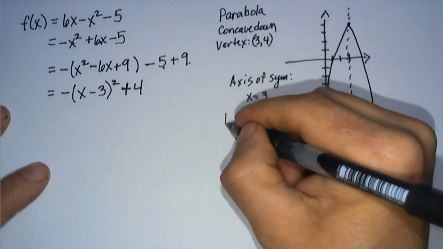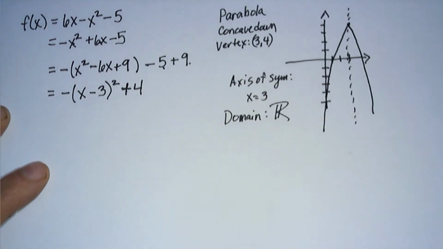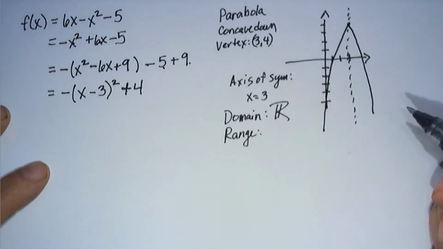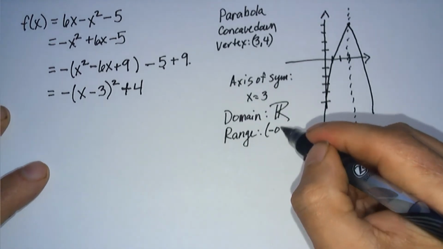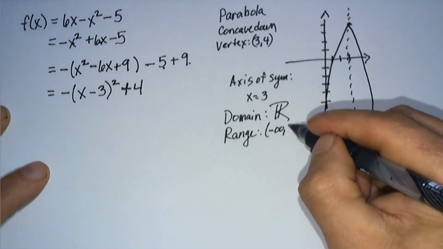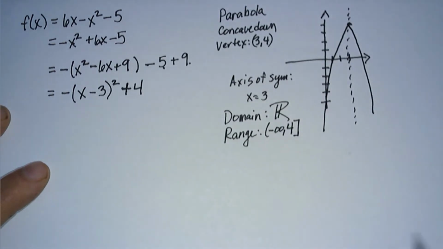The domain, again, is negative infinity, all real numbers. We'll just put all real numbers. What about the range? Because we have a maximum, it starts at negative infinity, and then it goes up to 4, because that's where the y-coordinate is. It doesn't go up to 3, it goes up to 4. And that is a parabola. All right, we're going to do one more,